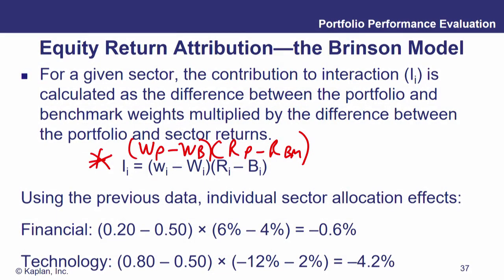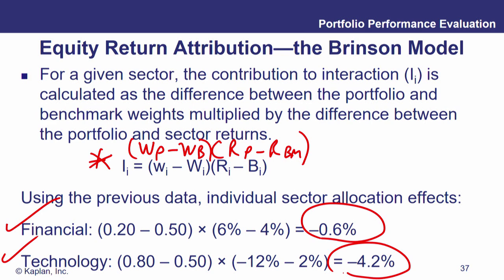So using the previous data for the financial sector, what do we have? Remember, we underweighted financials, 0.2 versus 0.5. We got 6. The benchmark was negative 4. So this added negative 0.6%. On technology, we overweighted 0.8 versus 0.5. Unfortunately, we earned negative 12%. The benchmark earned 2%. So this resulted